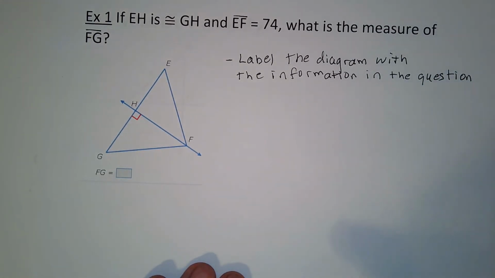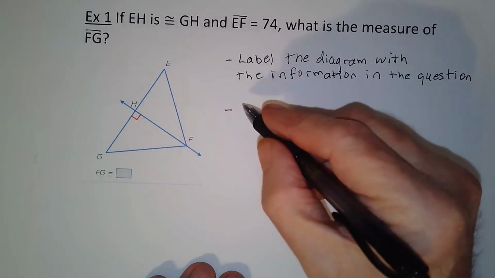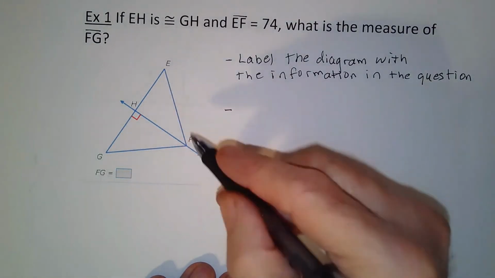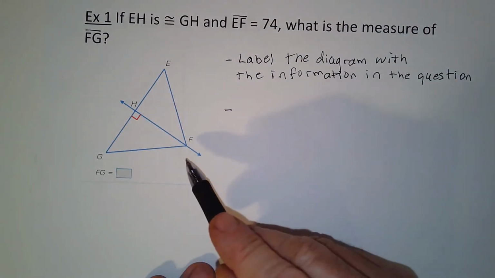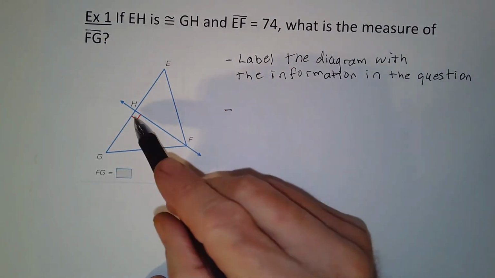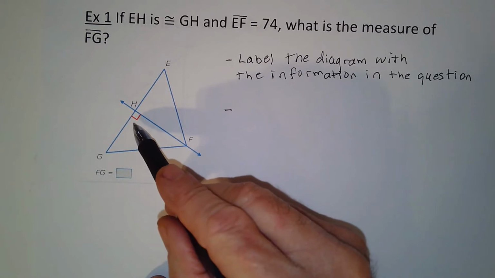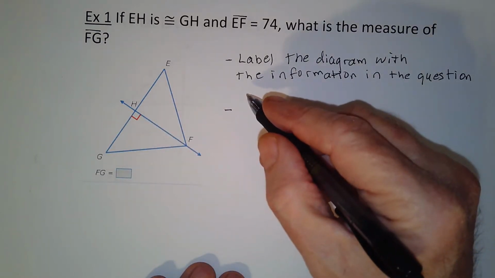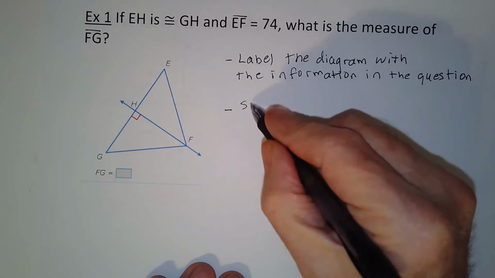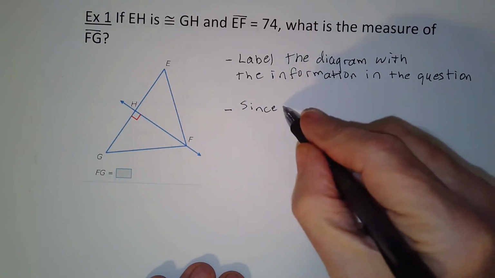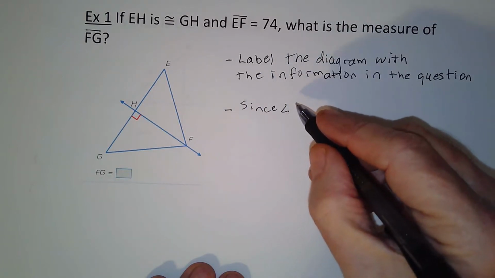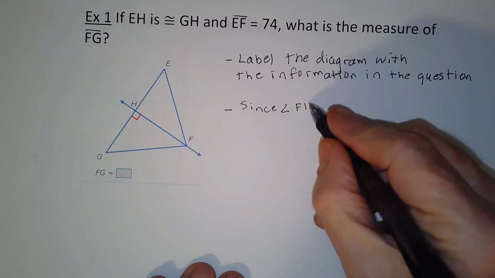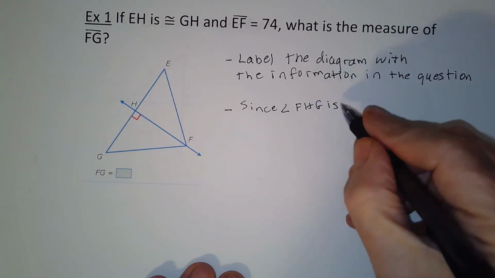Okay, and so since we know that angle FHG, this angle right here, is a right angle because they tell us that, I'm going to write that down. Since angle FHG is a right angle,